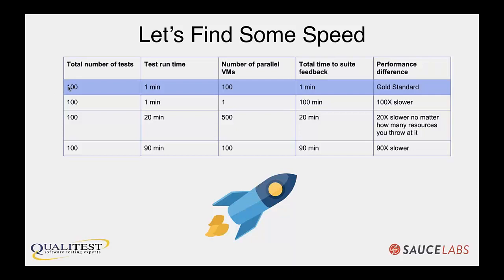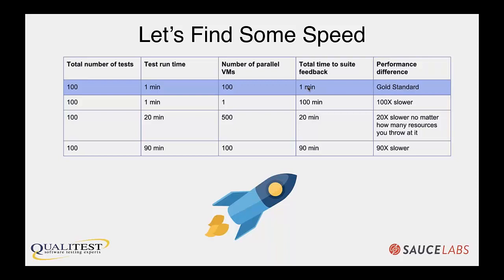So for example, you can see this very top row here, and this total time to sweet feedback is what we are really after, right? If we want a continuous delivery environment, a very good feedback loop from your test automation is something like a 10-minute feedback loop. But that also includes software building, software compiling, and running all of the tests.